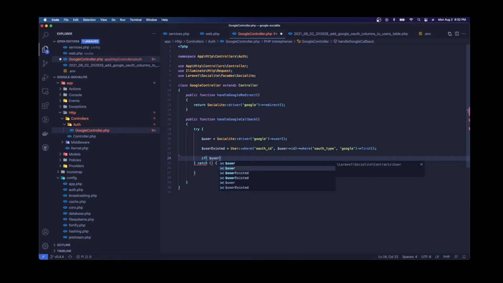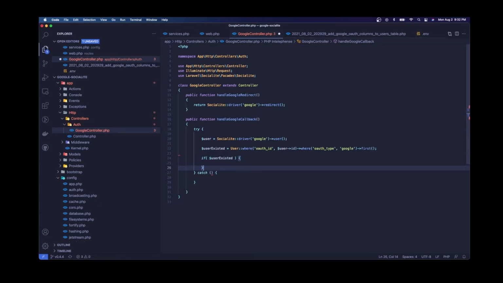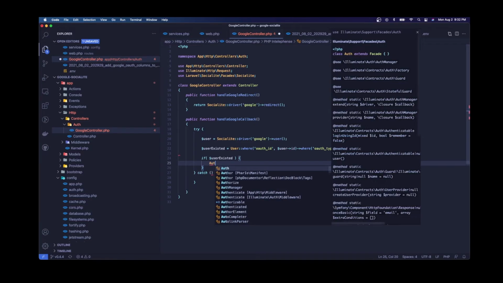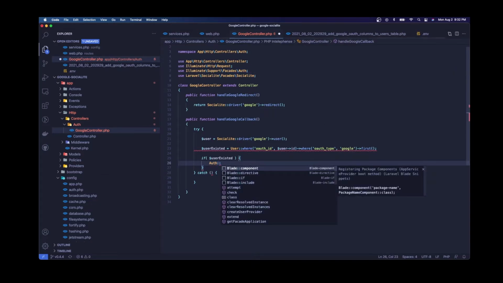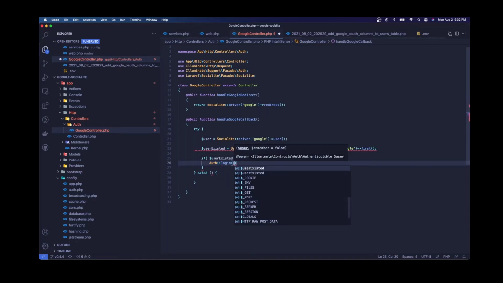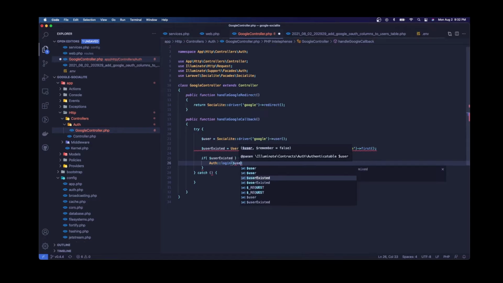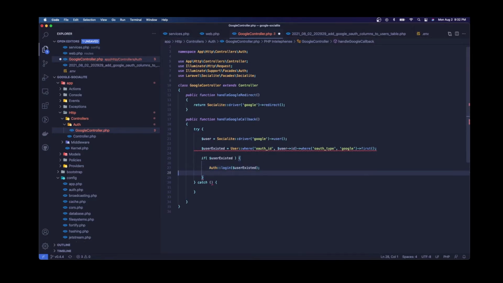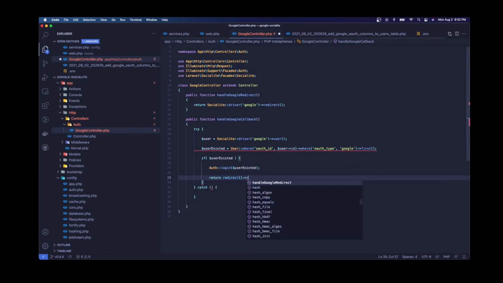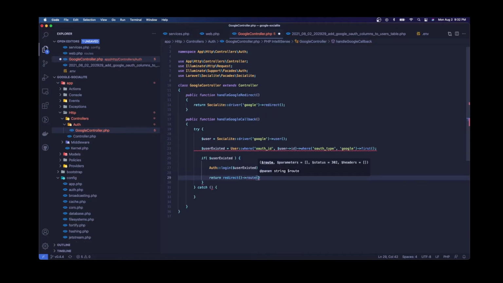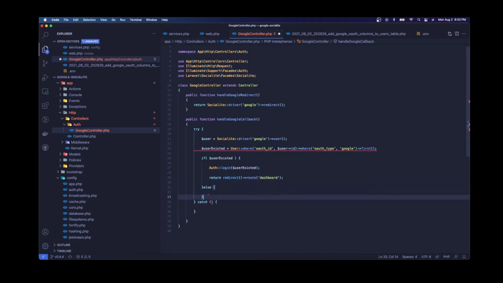So yeah, once we have this, we will use if statements. If a user existed, just do this: Auth. I'm gonna click and import the Auth facade, and then I'm gonna use the login function to make the existing user logged in. That's it. And once we have this, just return redirect, and yeah, using the naming convention in routing. So yeah, we have dashboard, and that's it. If we don't have this user, if it doesn't exist and it's a new user,